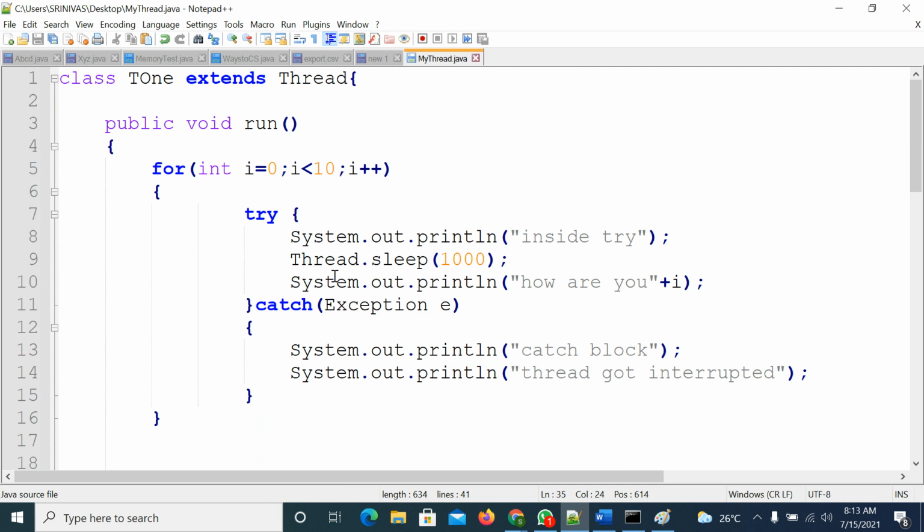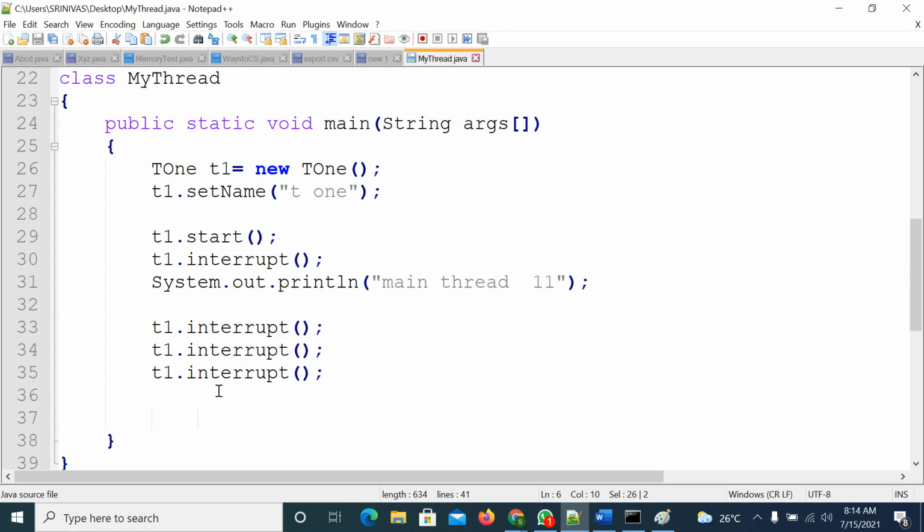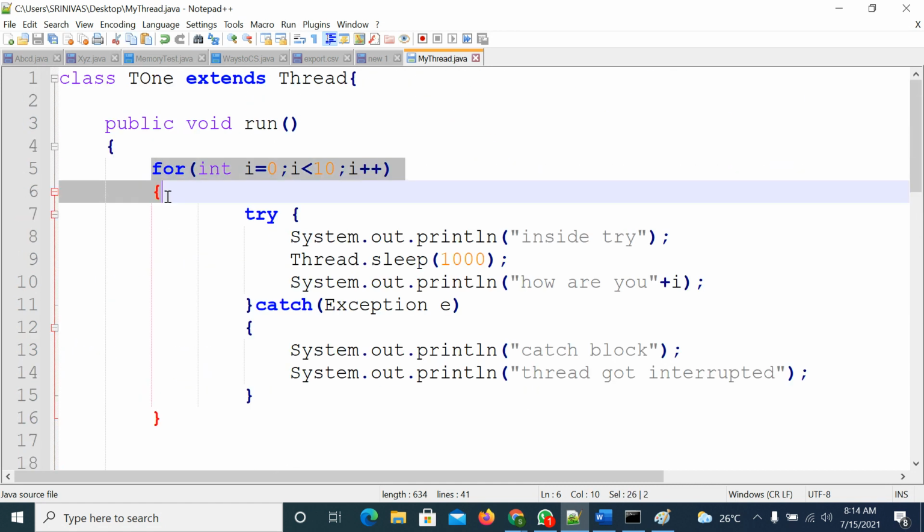Right. If you require, you can take this code, but this for loop and all these things are not required. Just for understanding purposes only, I took it. So we'll try to understand the next concept, that is the synchronization process. If you want to interrupt the thread, you can use the for loop here also. Like the same code you need to write. We'll try it.